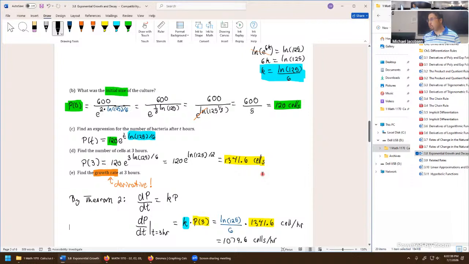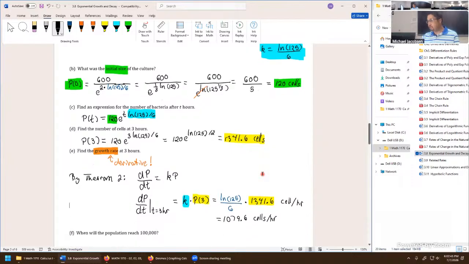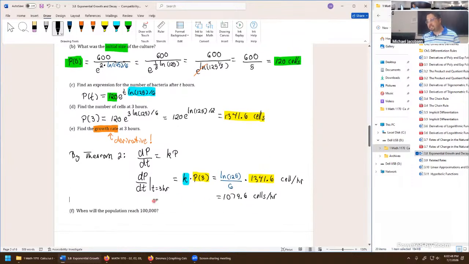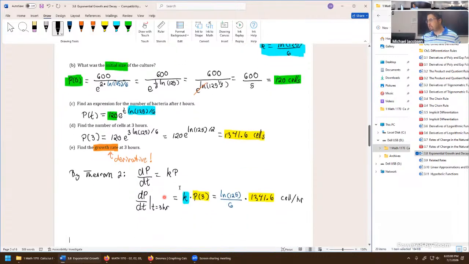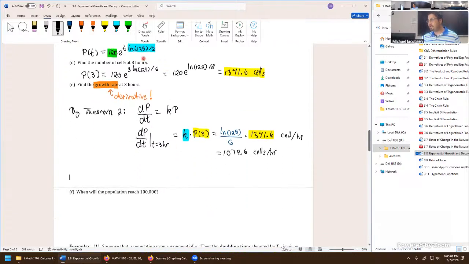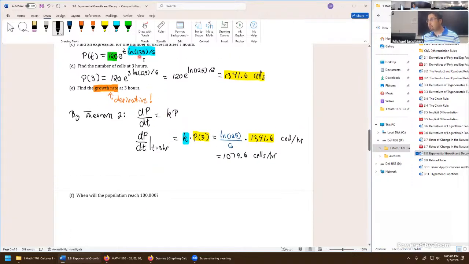Okay, well, we knew that the population size 2 hours in was 600, and 8 hours in it's 75,000. And so if the model continues to be accurate beyond, say, 8 hours, we want to know when the population will reach the size 100,000. So that's a reasonable question. What we're going to need is the original model. Here it is from the prior part.